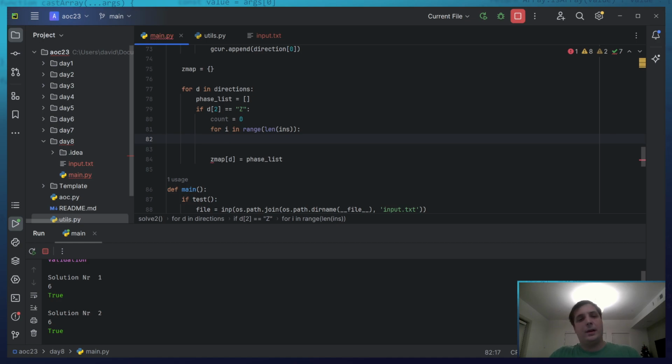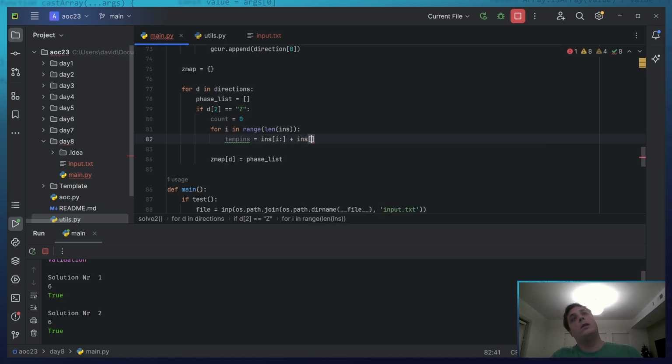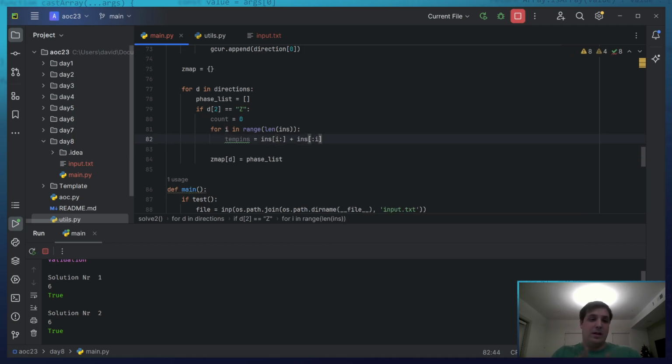And then I want to say temp instruction equals instruction of I and until the end plus instructions from the beginning to I. This should rearrange.